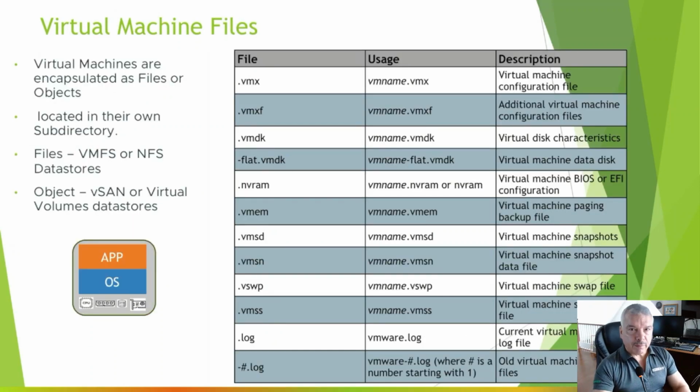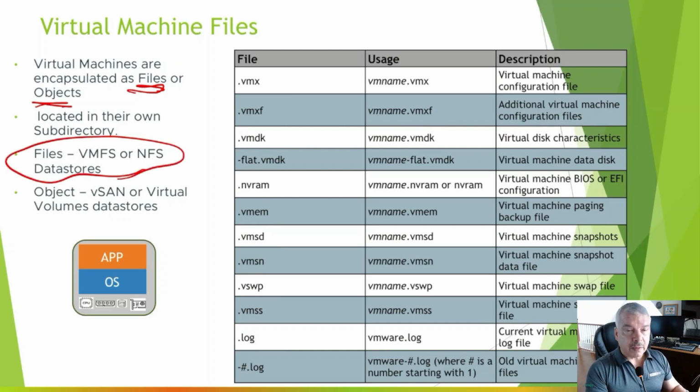Now, before we just jump right into creating a VM, a virtual machine is generally just a bunch of files. So when I create a VM, one of the things you'll see is it's going to ask me what datastore I want to store it on. Depending on the type of datastore, the virtual machines will either be files or objects. If it's a VMFS file system that you formatted, or if it's an NFS datastore that you mounted, those are basically